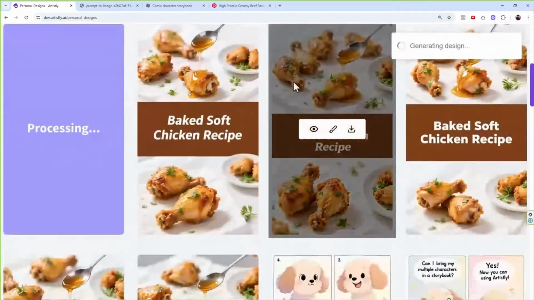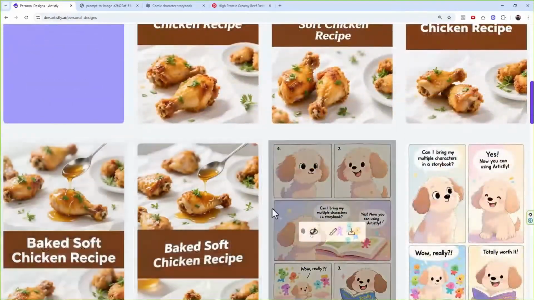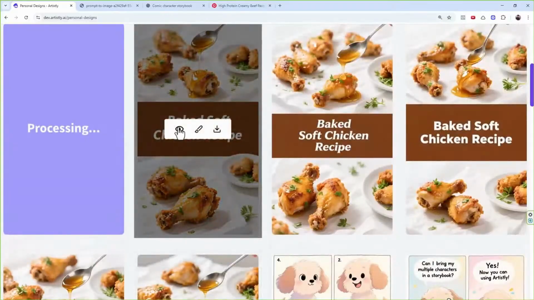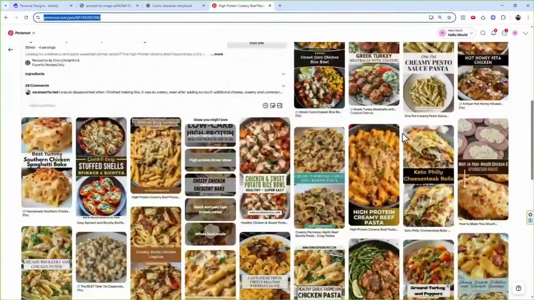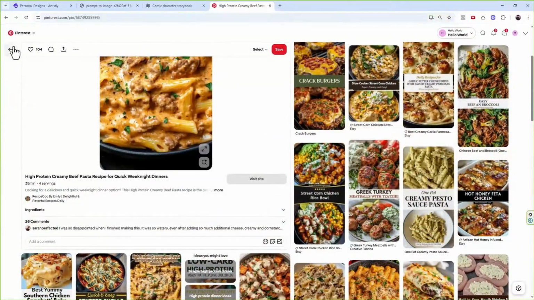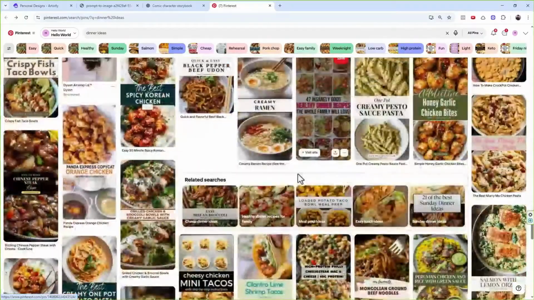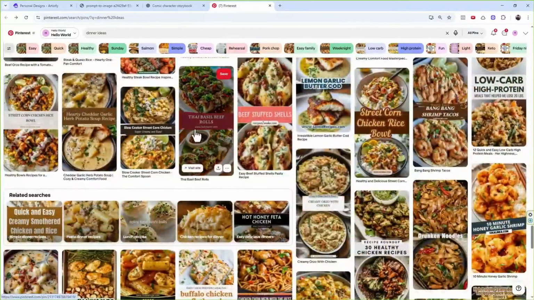You don't like it, regenerate it. You don't like something, regenerate it, right? Different fonts, different ideas, different stuff. It's just a game changer, guys. Let's try one more thing. We can actually do it for anything, honestly. We can do it for any niche you want, any category, right?